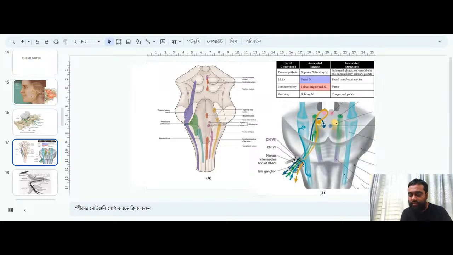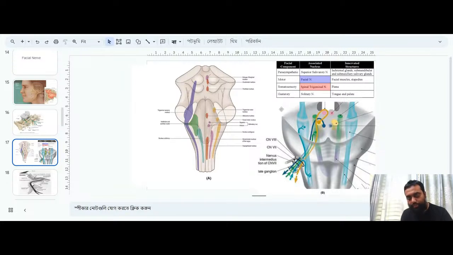And if there is a lower motor type of lesion on this left side, it will also produce some form of lesion on this left side. So how can we differentiate this? If there is a lesion in this upper motor neuron, then there is paralysis on this left side, and if there is a lower motor type of lesion, there is also paralysis on the left side. And now the difference is that when there is the lower motor type of lesion,